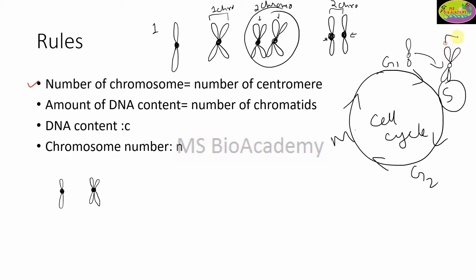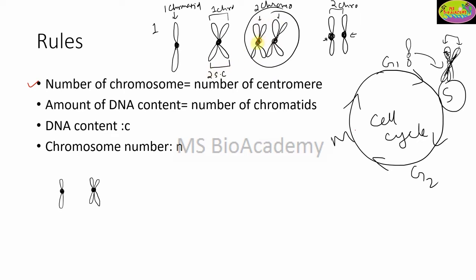Now this second copy which is being formed is nothing but the sister chromatid. So these two are the sister chromatids. This is one sister chromatid, this is the second sister chromatid. So there are two sister chromatids. I can say here that this is one chromosome and one chromatid I can see. And here again I can see one chromosome since one centromere is present. But what about the chromatids? There are two sister chromatids. I'll write SC for sister chromatids: two sister chromatids.